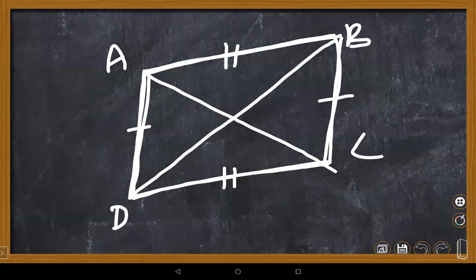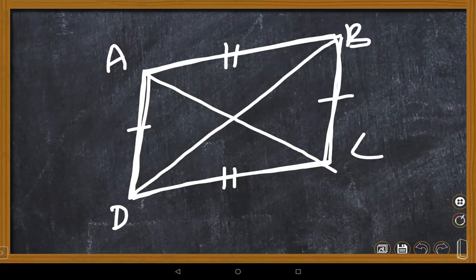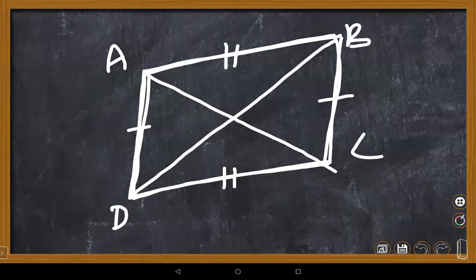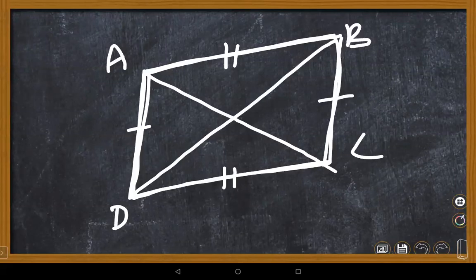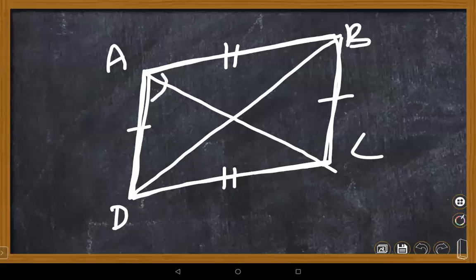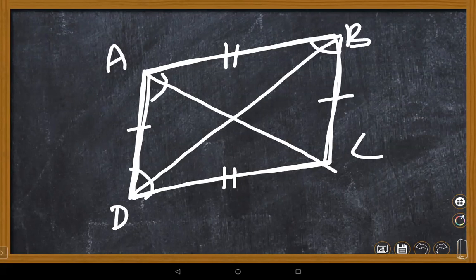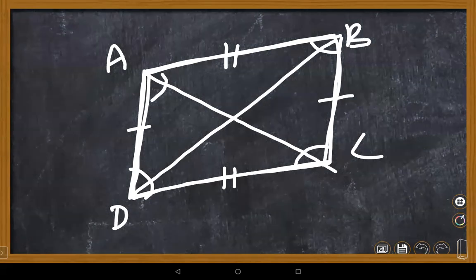What do you know about the parallelogram? Ma'am, they bisect at 90. Adjacent angles in the parallelogram are supplementary. Wonderful point. Adjacent means what, children? Side by side. AB is adjacent, AD is adjacent, DC is adjacent, BC is adjacent, side by side. Adjacent angles in a parallelogram are supplementary. These are the important points you're supposed to remember, children.